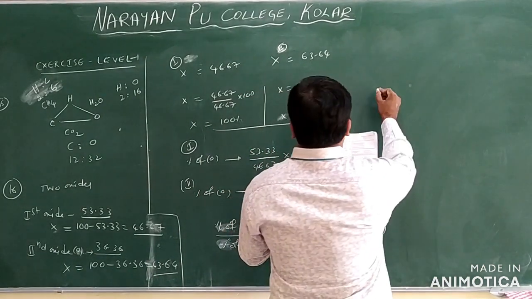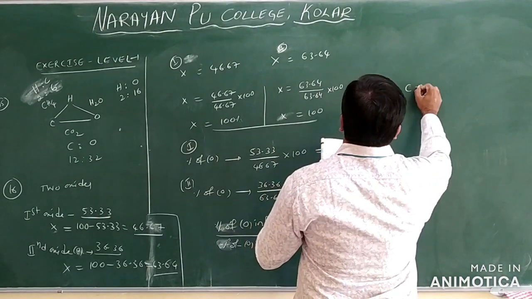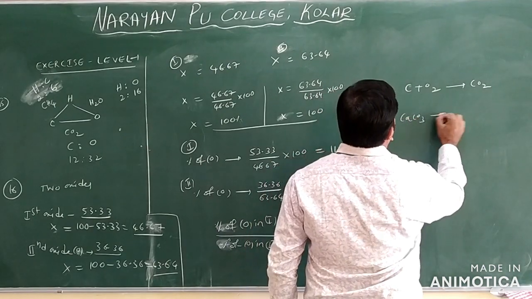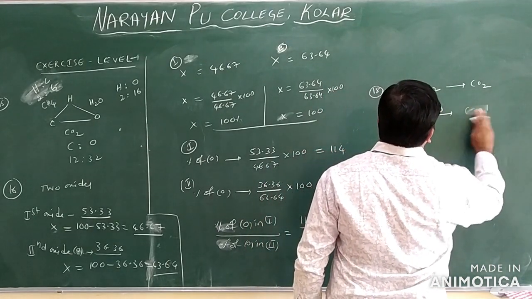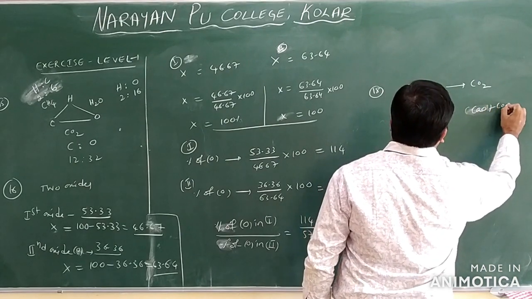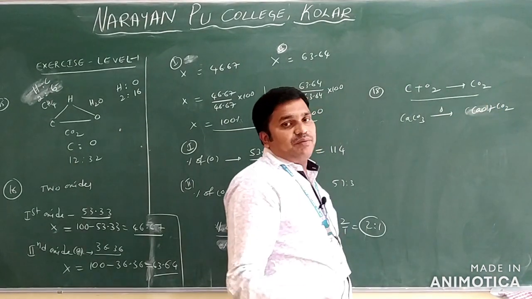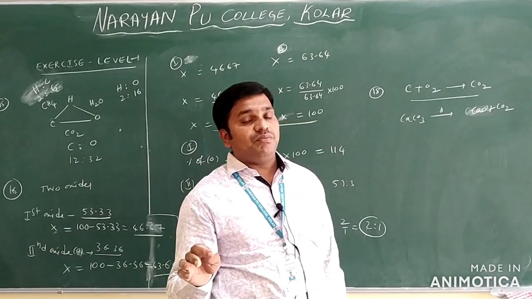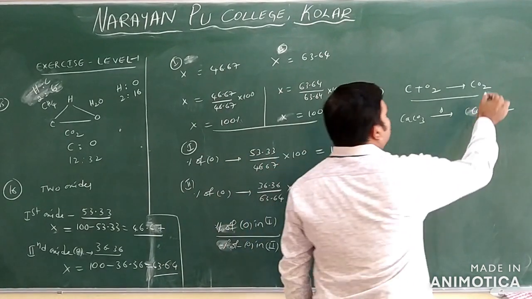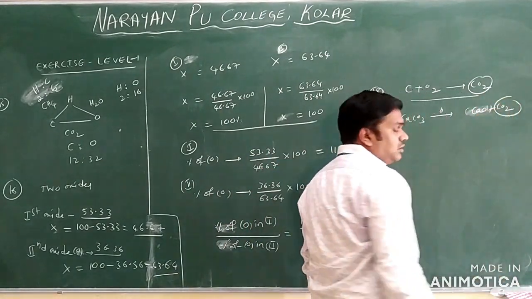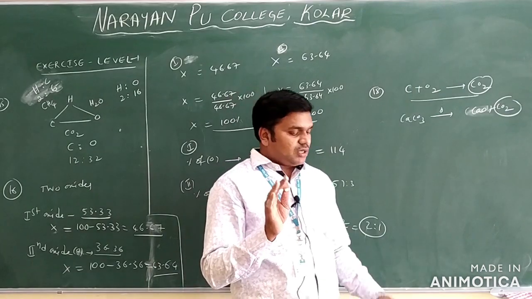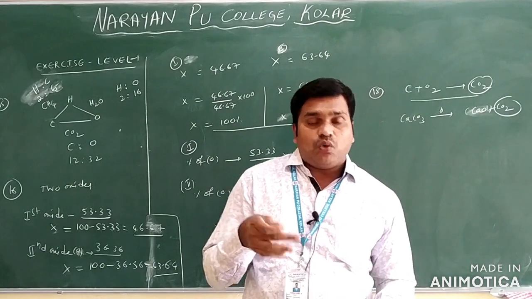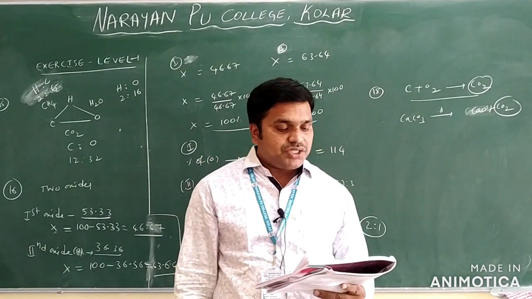Why? You see in question number 18 we have C plus O2 gives rise to CO2, and CaCO3 decomposition gives CaO plus CO2 only. Now you see the first equation: we are preparing carbon dioxide from carbon and oxygen. In the second, we are preparing carbon dioxide from decomposition of calcium carbonate. The two processes are different, but what is the compound you got? Carbon and oxygen only. They are present in what ratio? 27.27 and 72.73. What law is it? It is the law of constant composition only.